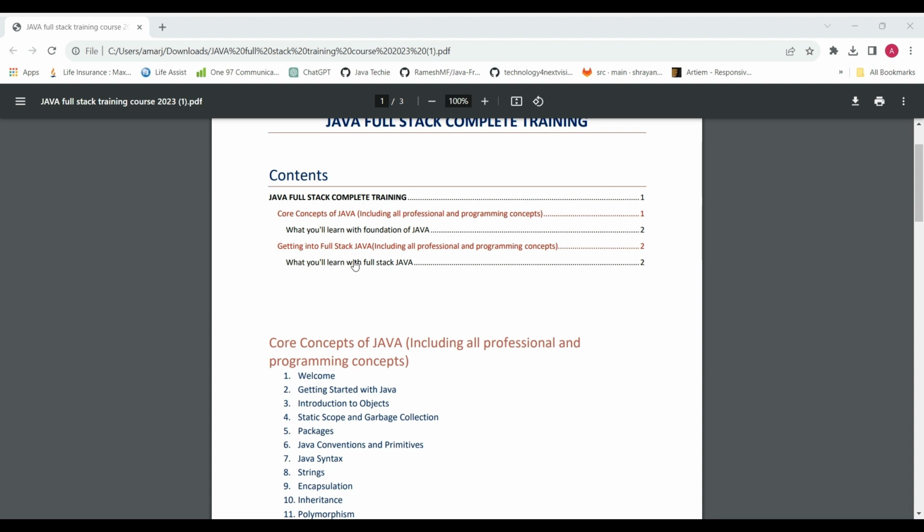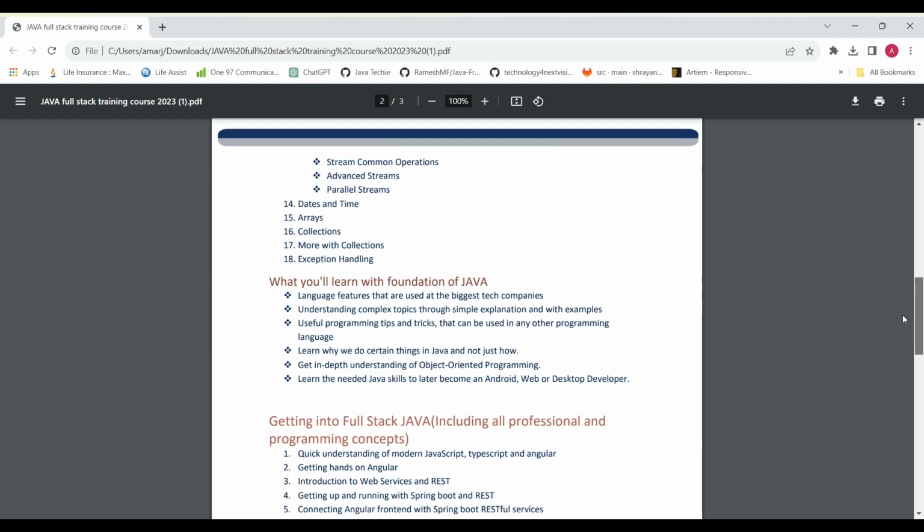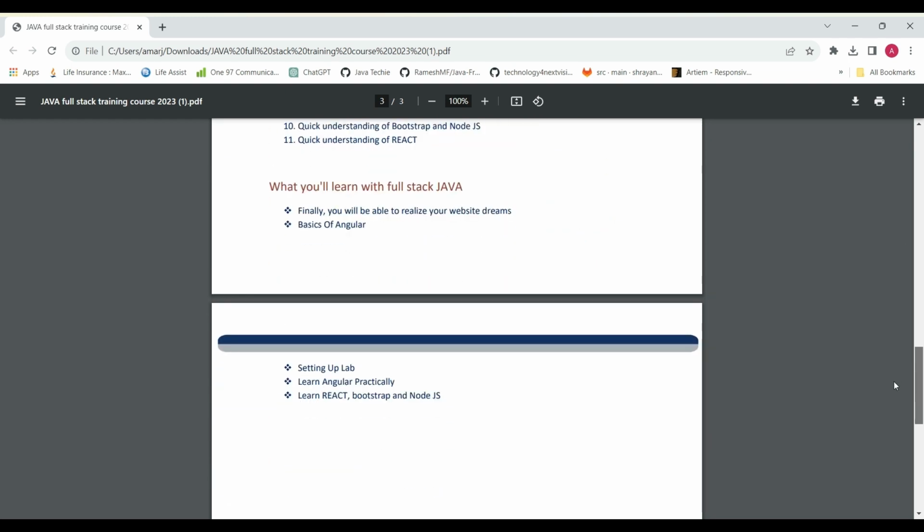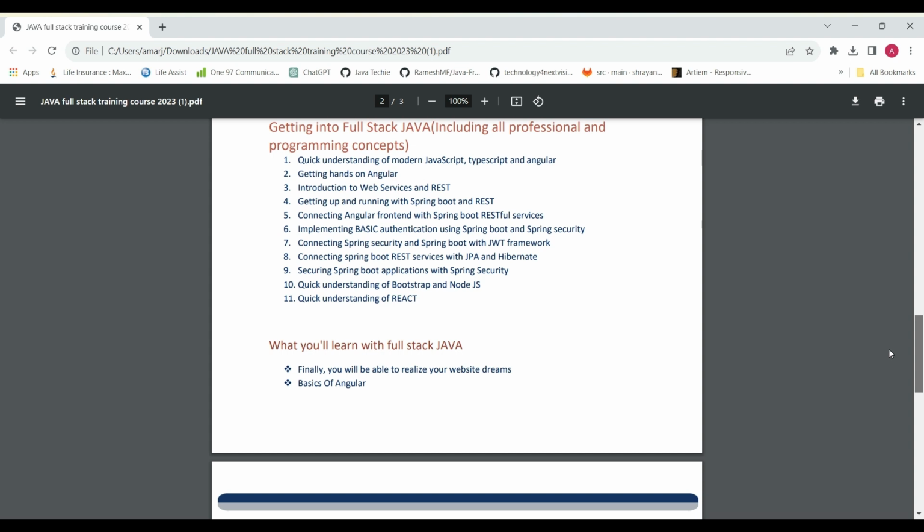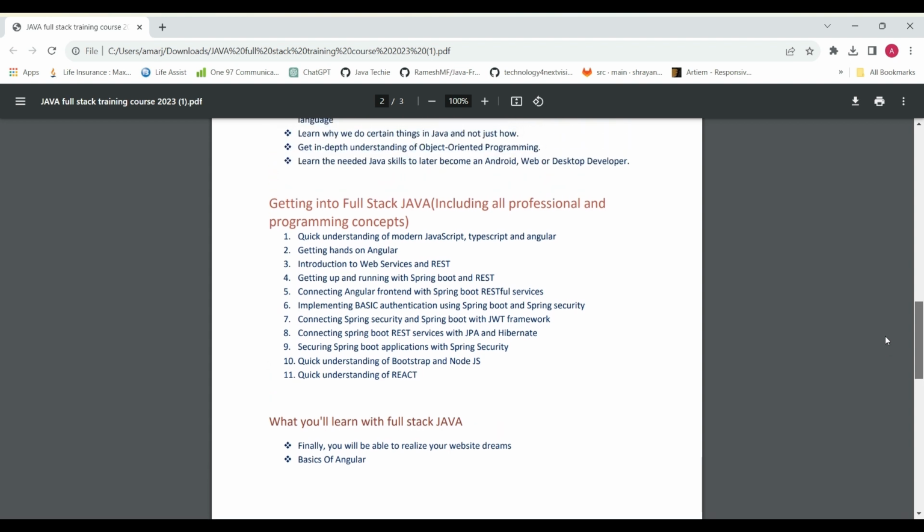So the same thing. Do you have any doubt regarding this? What are all the things we need to cover, or are there any missing items? Yeah, what about front end technologies like React or Angular? Can you prefer only one, or do you need both? Mostly we will prefer Angular. We will give some basic understanding of React. If you want React, then we will go for React and give basic understanding of Angular, because